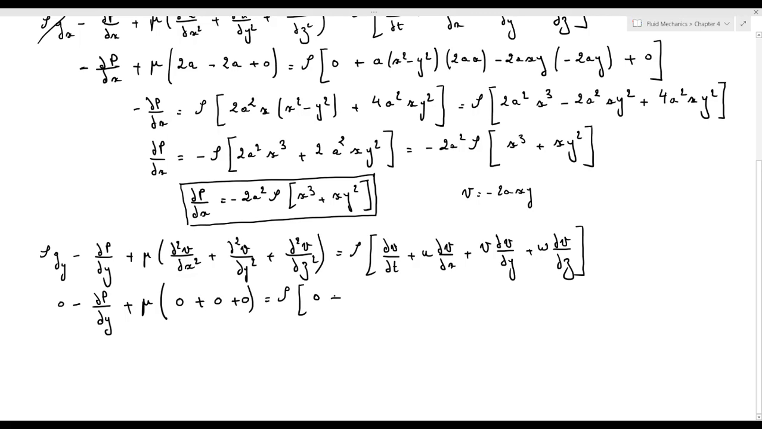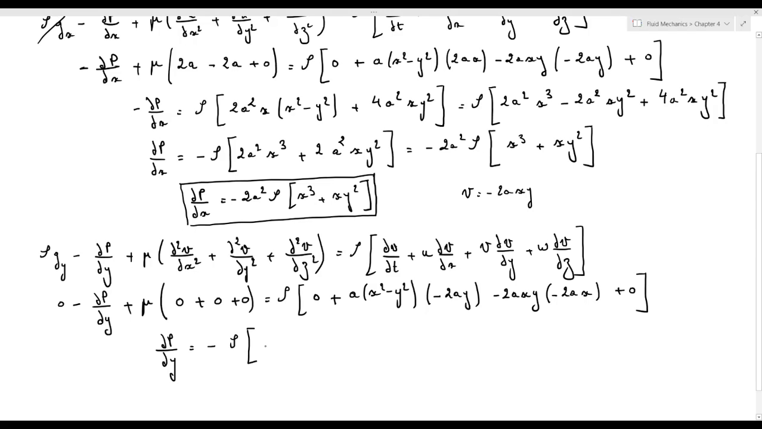So rho into del v over del t is 0, plus u, which is a into x square minus y square, into del v over del x, which is minus 2ay, plus v, minus 2axy, into del v over del y, which is minus 2ax, so into minus 2ax, plus w, which is equal to 0. Then we will obtain del p over del y is equal to minus rho